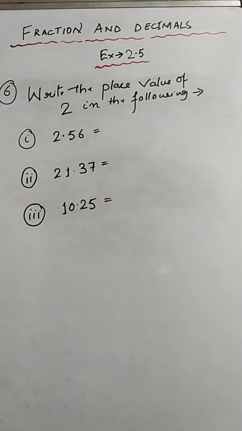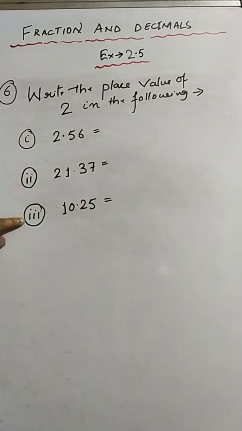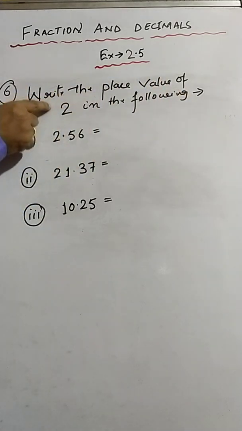This is question number 6, students. It is also very, very easy. So in question number 6, we have 5 questions. So I'm going to explain the first 3 and the last 2 again will be your homework. These are very, very easy, students. Okay, so write the place value of 2 in the following. So in each of the following, we have to just write the place value of only this digit, that is